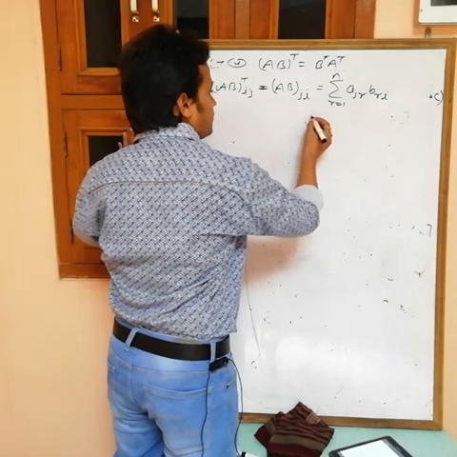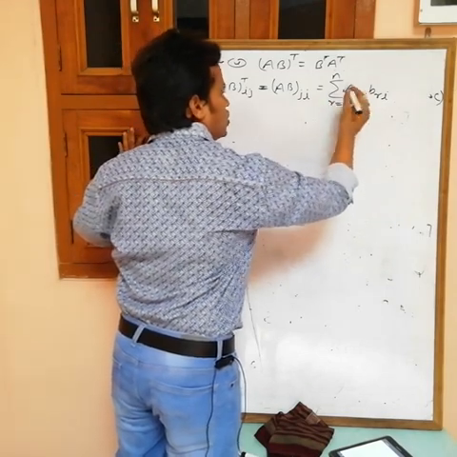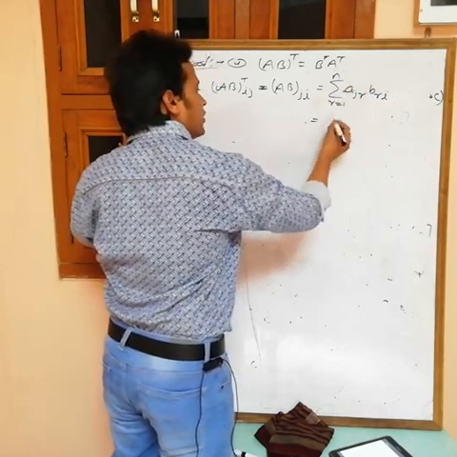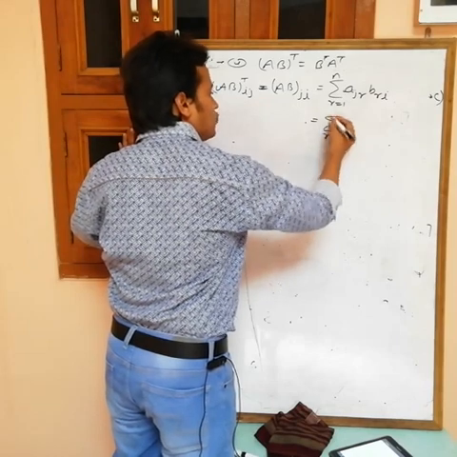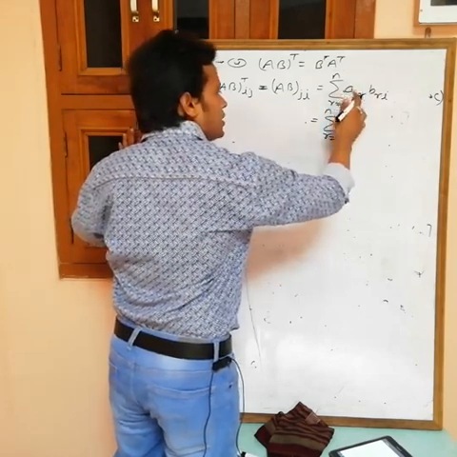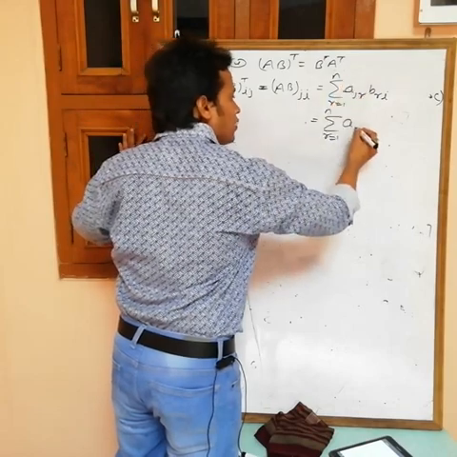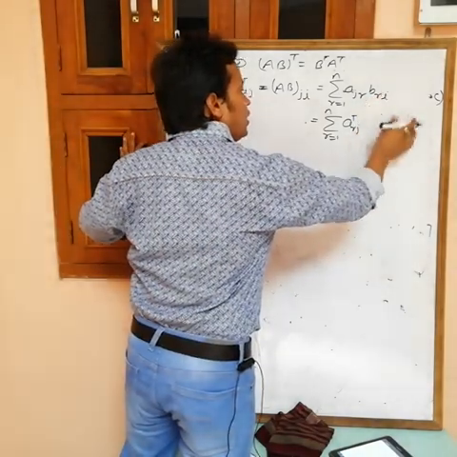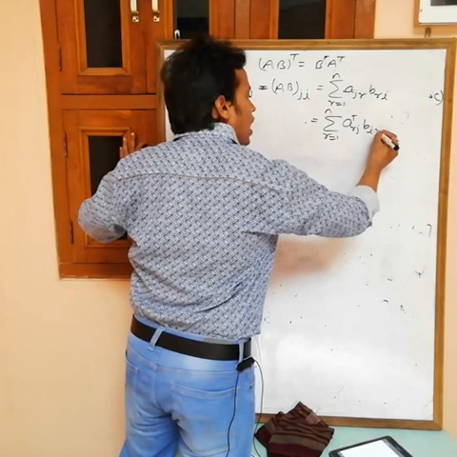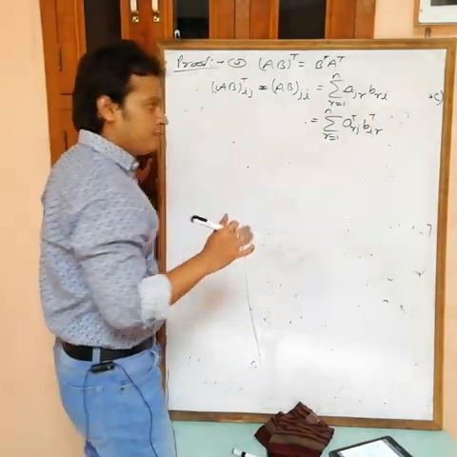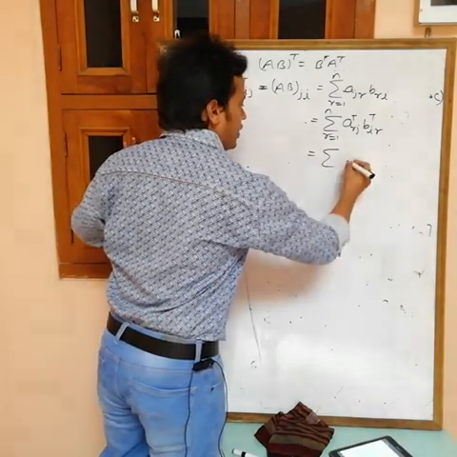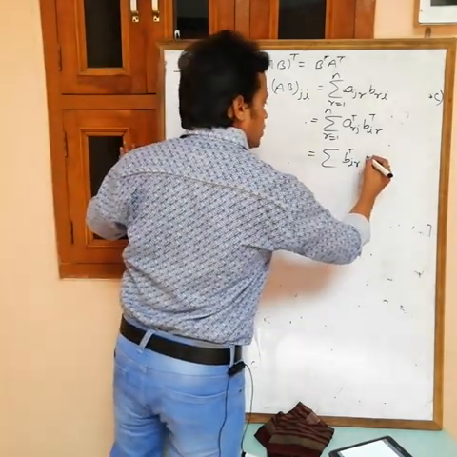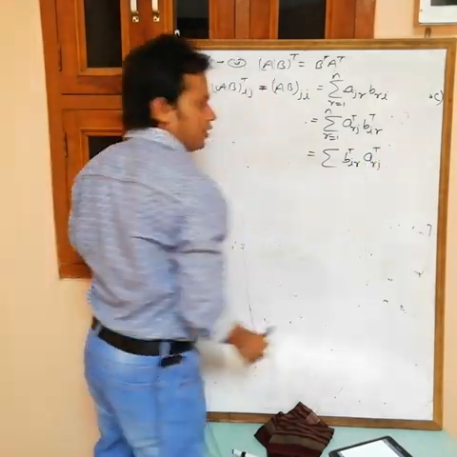Now again see, can I write this as the jth element of A? Now again, with r equals 1 to n, can I say that the rjth element of A is equal to the jrth element of A transpose? The rith element of B is equal to the irth element of B transpose. Again I can write this as the irth element of B transpose into the rjth element of A transpose.